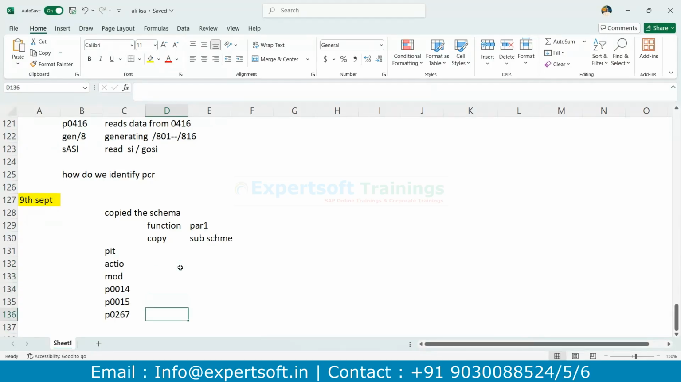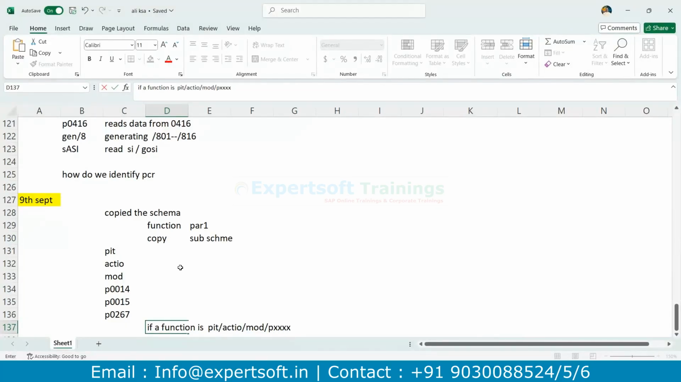Now, I want to give a conclusion. If a function is PIT, ACTIO, MOD, PXXX, P info type number, P0014, P0015, P0267, then parameter 1,